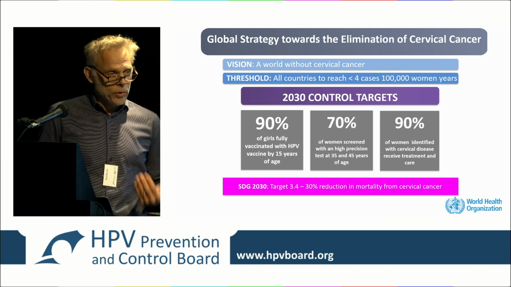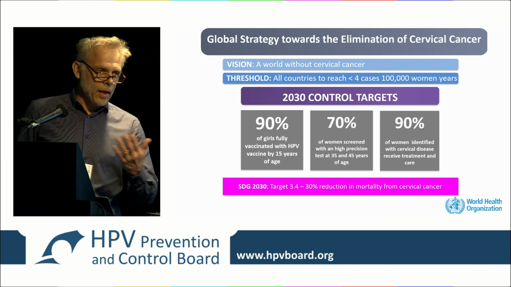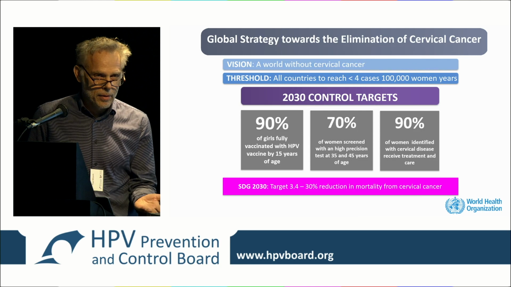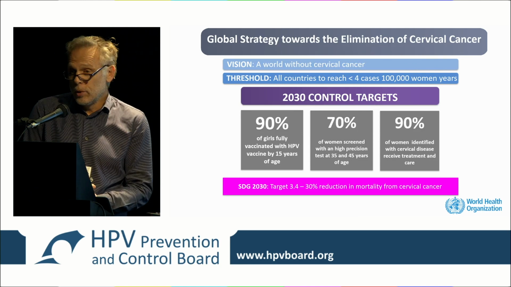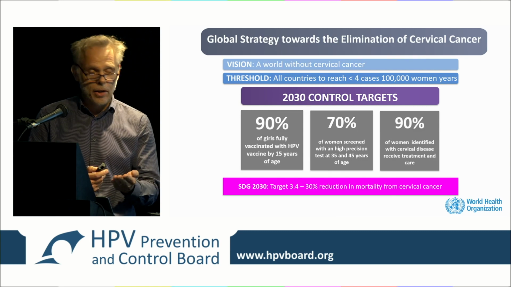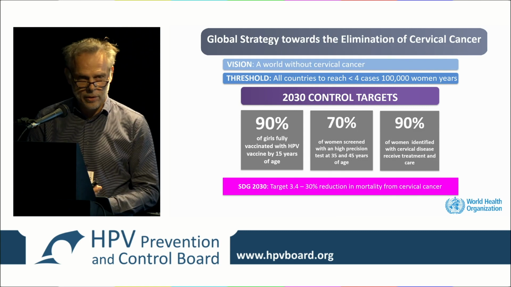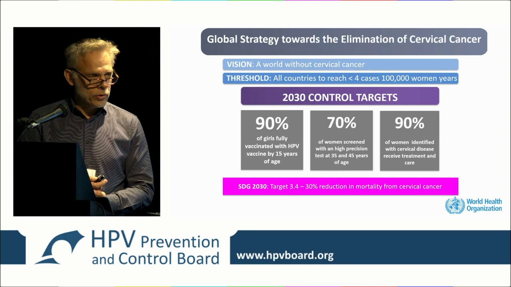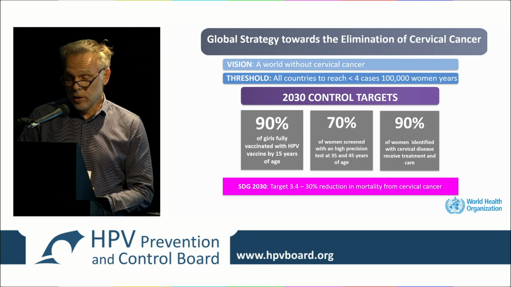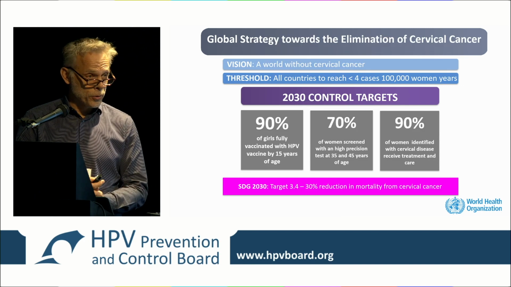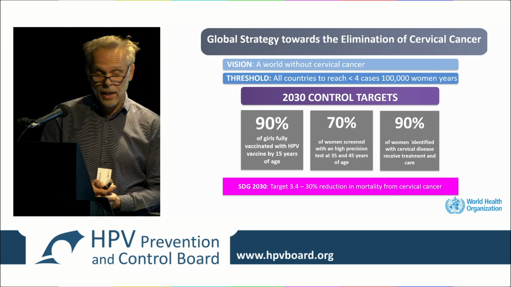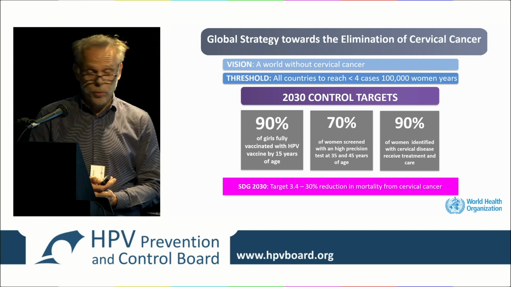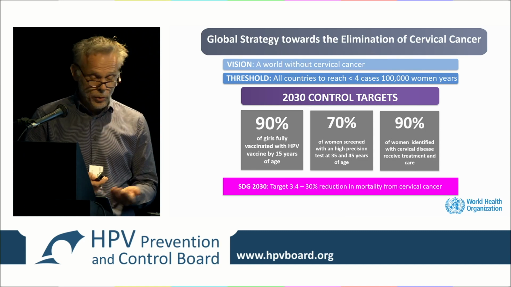We also say if we don't keep it, if you are in Uganda, well, not don't start working, but you will not reach elimination. That's very clear. There, you can only reach it if you reach 90% coverage. Of course, the story is very different in Australia. They are close to reaching the 4 per 100,000, probably in a couple of years. And they wouldn't need 90% coverage, but they do.